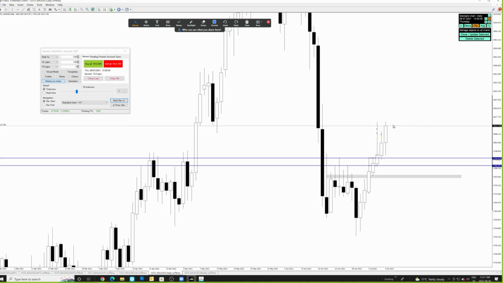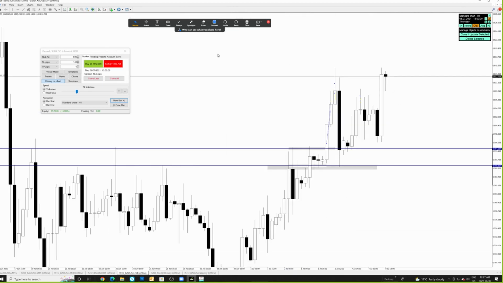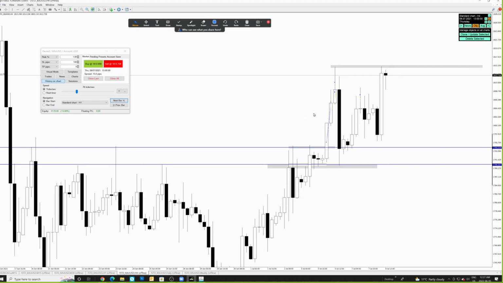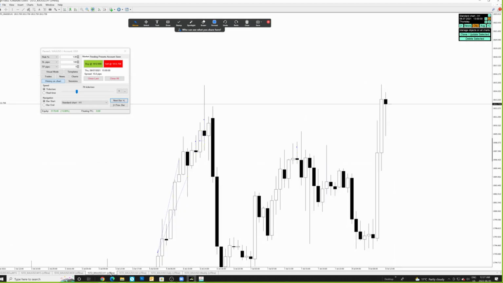Looking at the daily, we're still bullish, but we're coming up towards a possible rejection area. Looking on the 4 hour, we are still bullish, but we're coming up to a potential rejection area right here. If we want price to move up, we need to break above these wicks. Very simple. Looking at the 1 hour time frame, we are coming up to a potential rejection area, but we need to see what sort of market structure this is